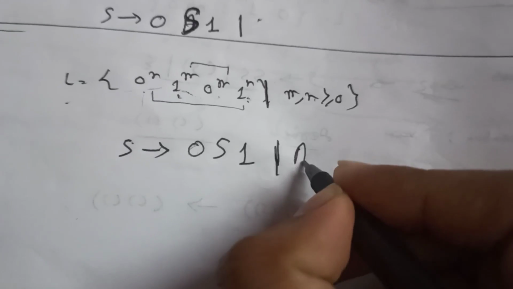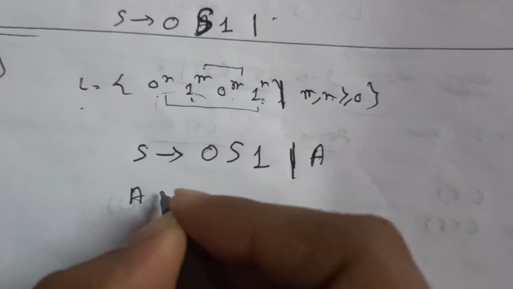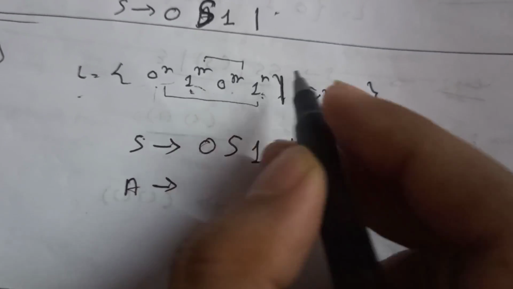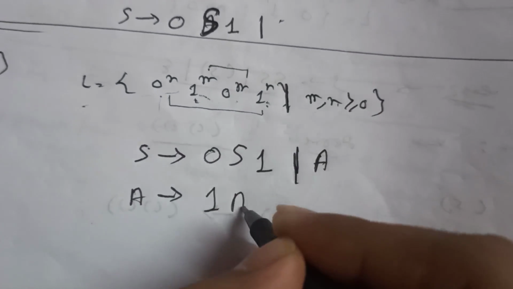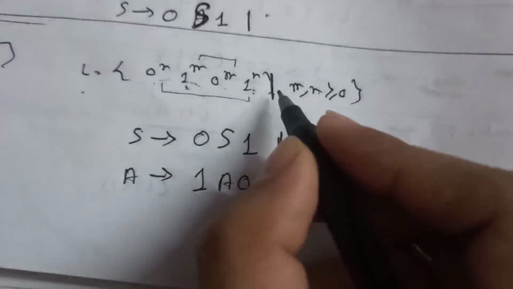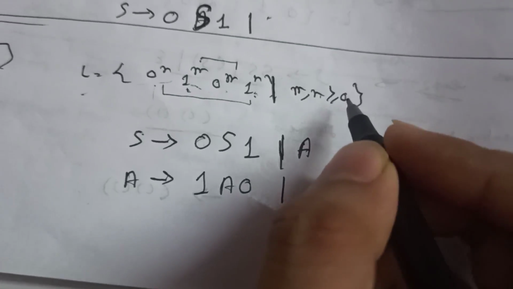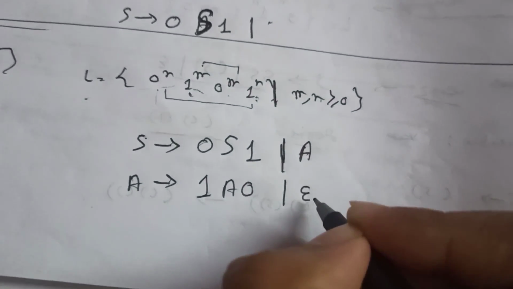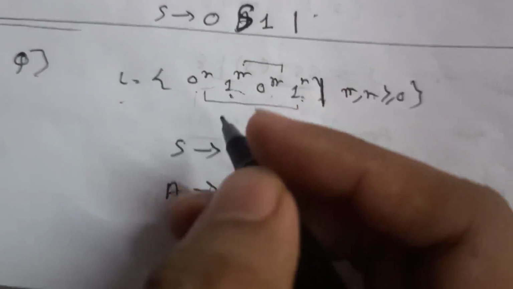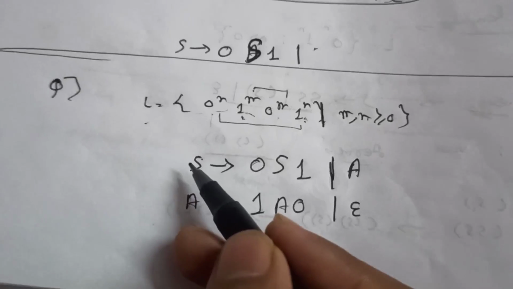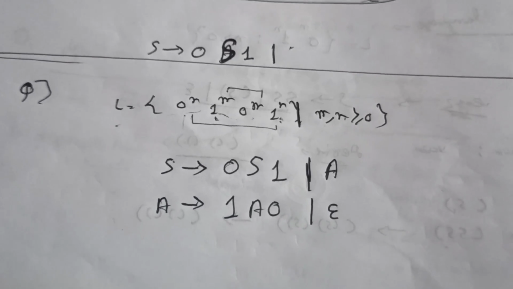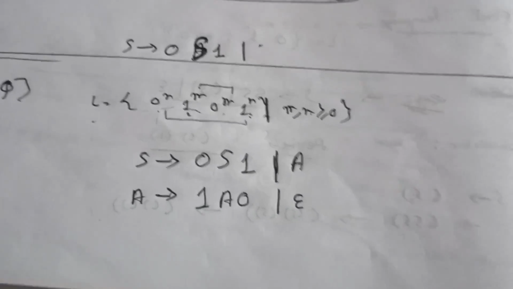For the middle part I will write A, and now I will make the middle part. The thing is similar, but the 1 comes on the left and 0 comes on the right. I will make it like this. Also, as the whole string can be null, since the condition is greater than or equal to 0, not greater than 0, I also have to add one null value here. So these are the CFG's production rules. The variables you already know, S and A, the starting variable is S, and the terminals are 0 and 1. You have to write the whole thing just like the definition of a regular grammar. So that's the example I wanted to show you.